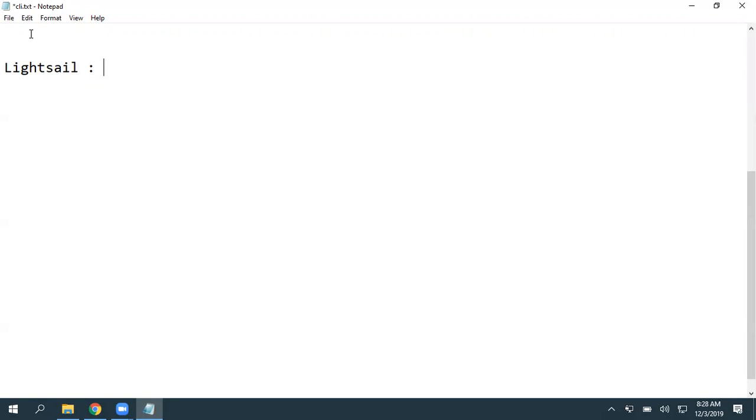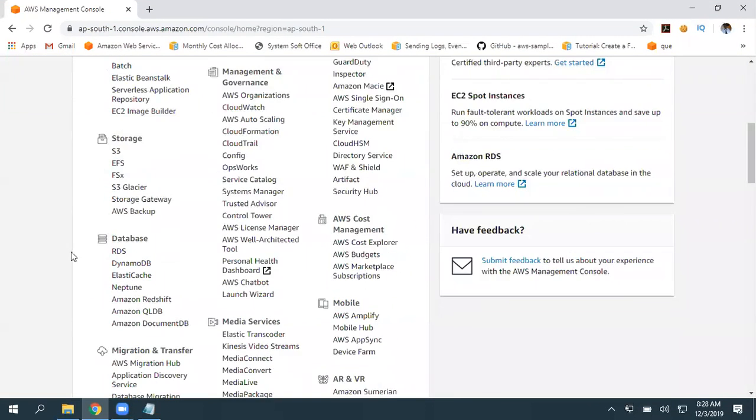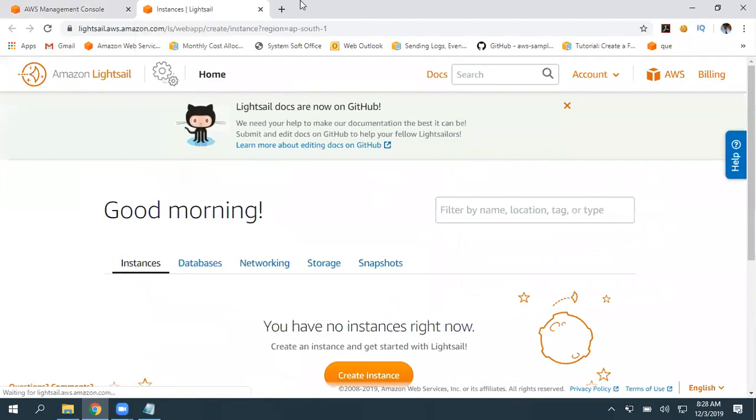If you take an EC2 instance and want to make that a WordPress website, first, a lot of manual configuration is required. Second, you are going to get charged for multiple things: the EC2 instance, backend EBS volumes, and data transfers. So instead of all those things, go to Lightsail under compute, and there Amazon has given some pre-templates.